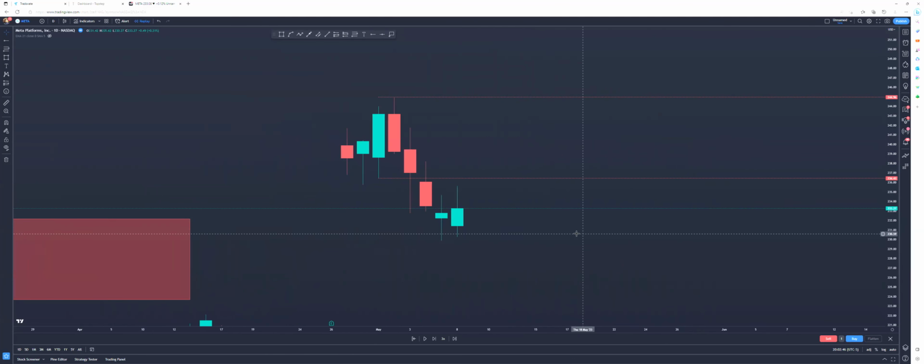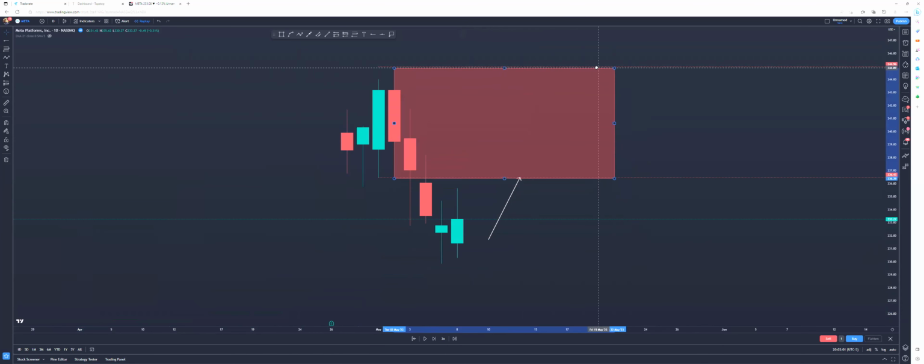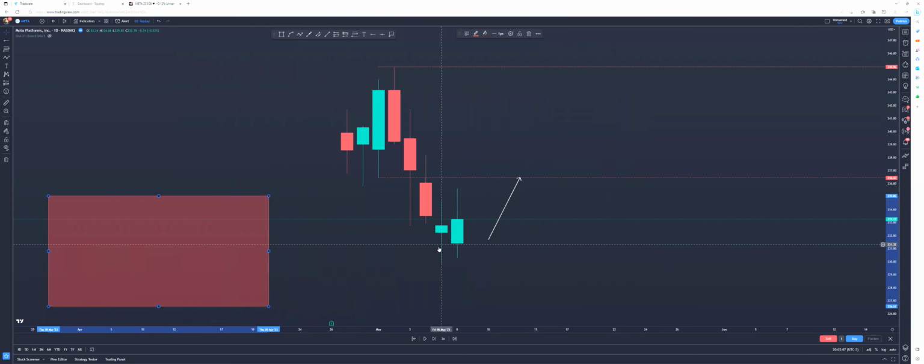So what I was telling the chat was if we pull back to this level, I'm going to be looking for rejections. Why am I looking for rejections? Because that is our supply order block zone, right? So when we're in this red area, we're going to be looking for puts, right? So why did I say that? I'm like, okay, if we pull back to this, I'm going to be looking for rejection. Did that make sense so far?